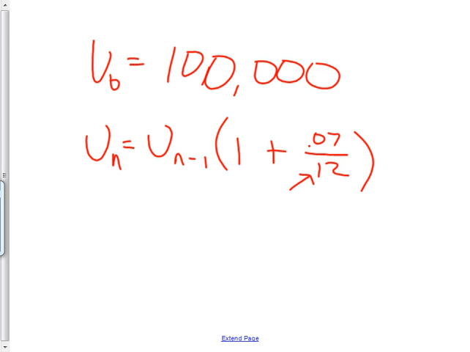And the last thing is the payment. If I'm going to pay off my loan, I got to subtract. And I think I was making payments of about $800 on my loan. All right, so